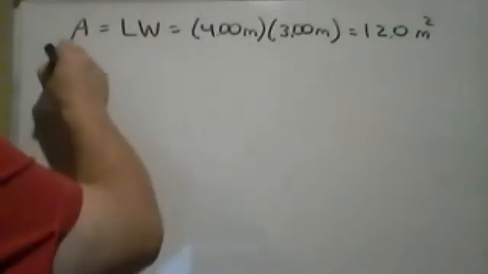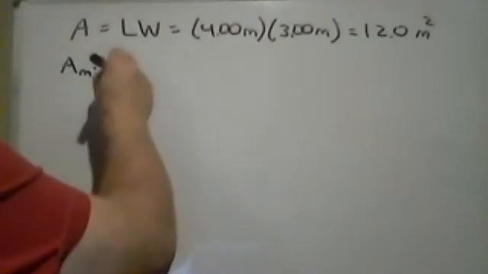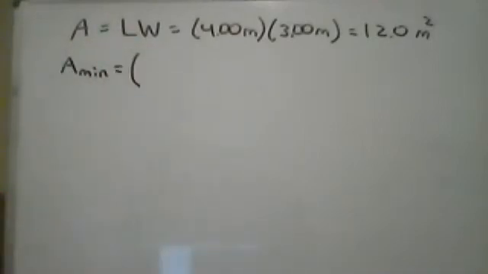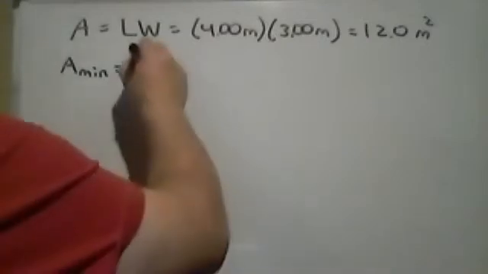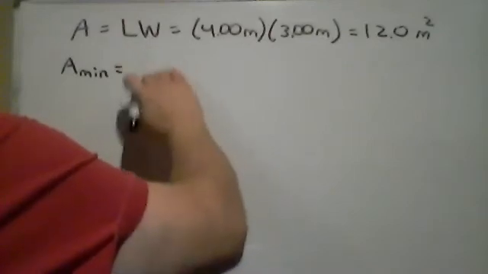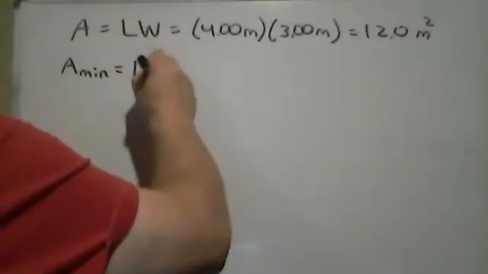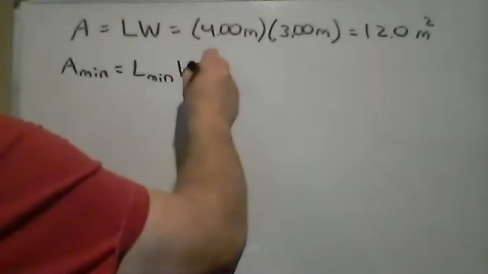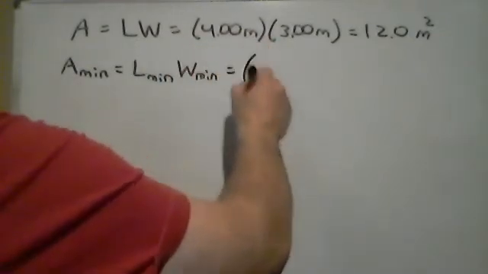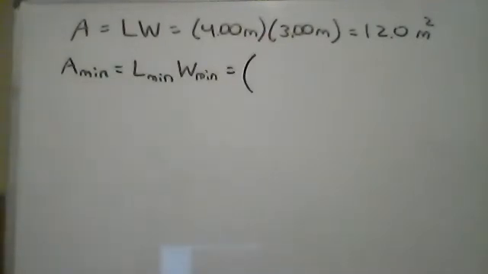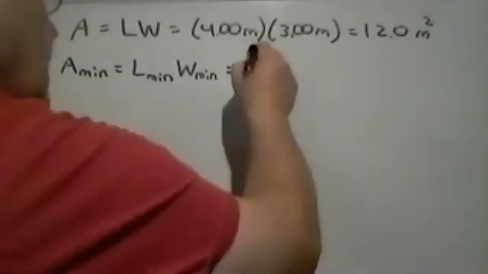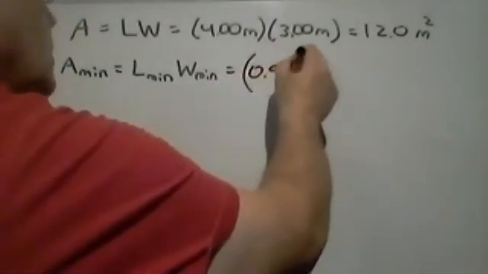What about the minimum? The minimum area would occur if I minimize the length and I minimize the width. So it would be L min times W min. All right, so what would that be? Well, I know that there's an uncertainty in my length of 2%. That means in the smallest possible way, the minimum length would be 98% of the nominal. So I'd have 0.98 times